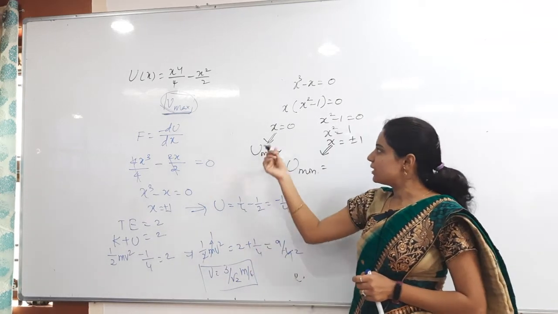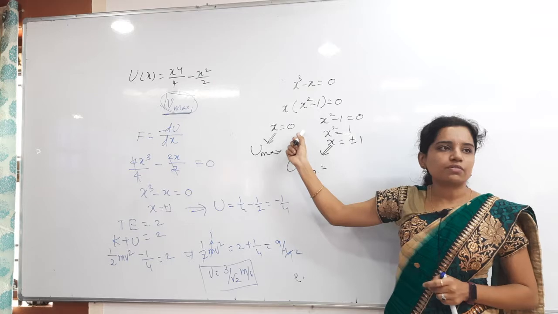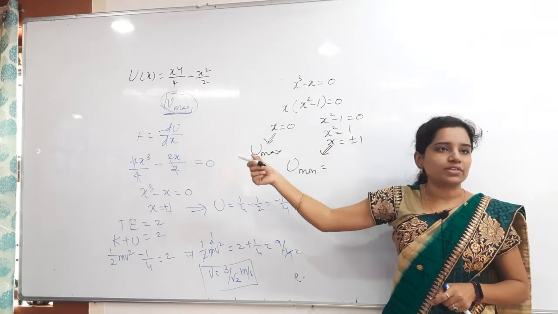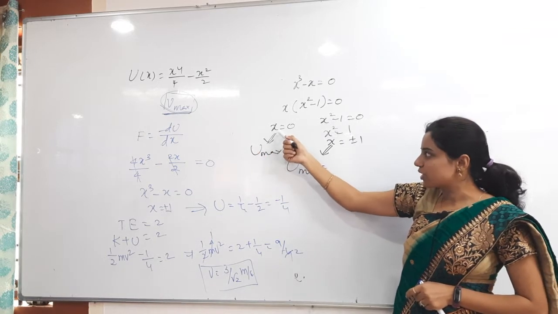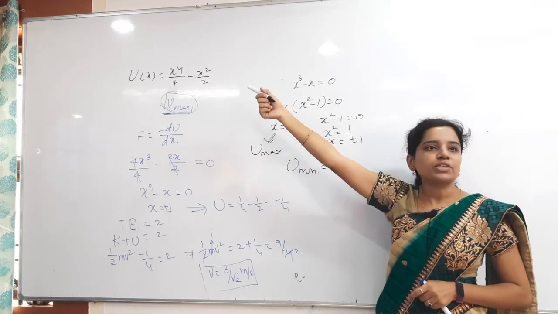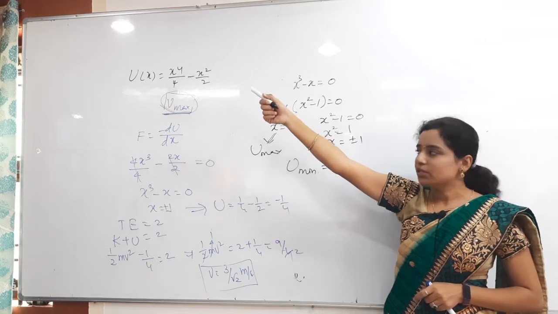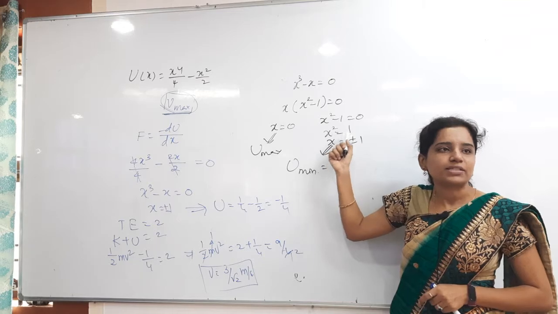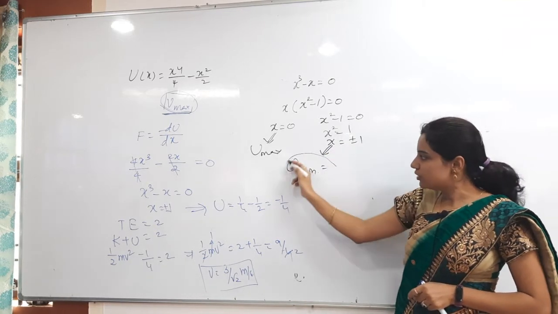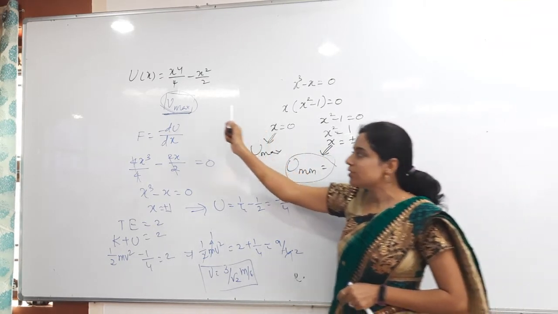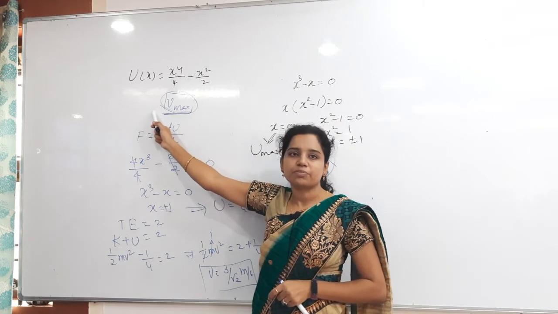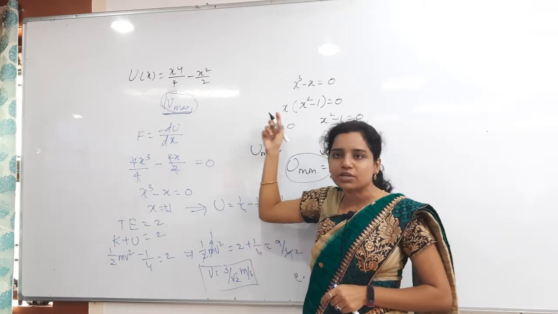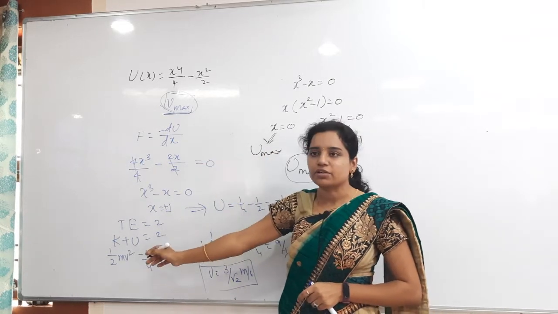Here some people might take x is equals to 0 and also x is equals to plus or minus 1, and then they will get confused about which to take. Of course, whenever you substitute x is equals to 0, the potential energy we get is 0 only. So to proceed further, we have to take x as either plus or minus 1. At that time u is minimum, because the velocity is maximum. Clear? They did not ask about the minimum potential energy and all, so there is no need to consider this one. Directly in the shortcut we can do it.